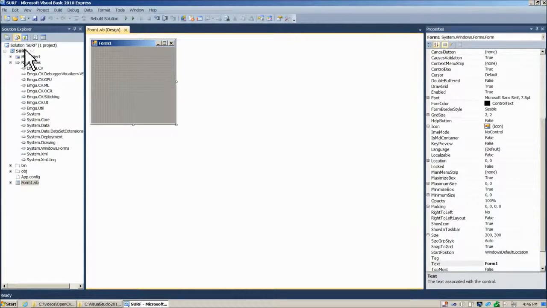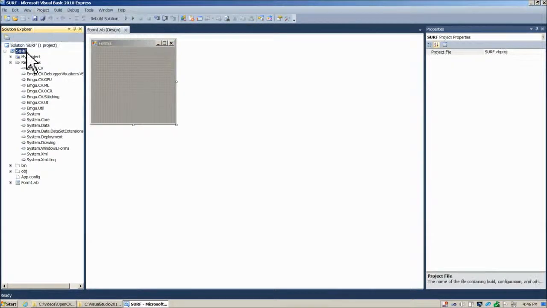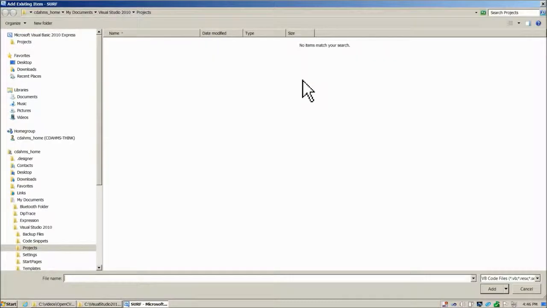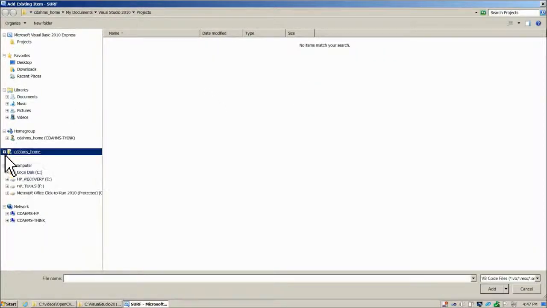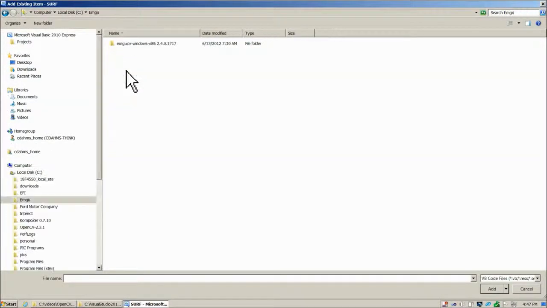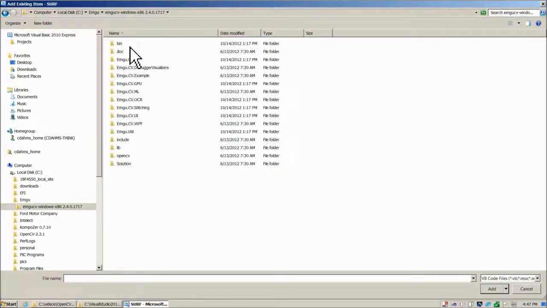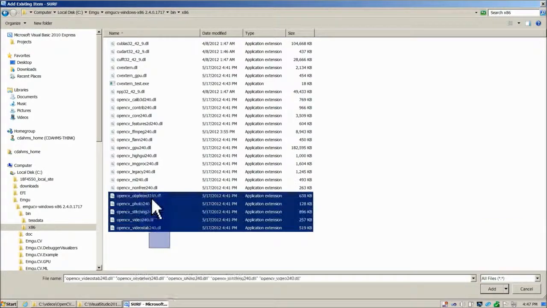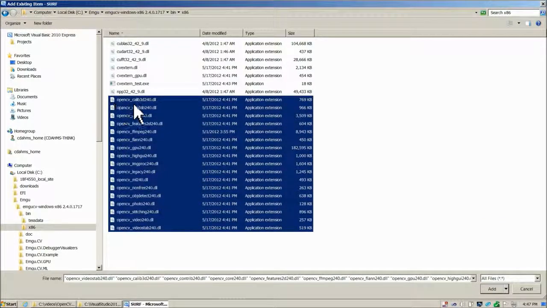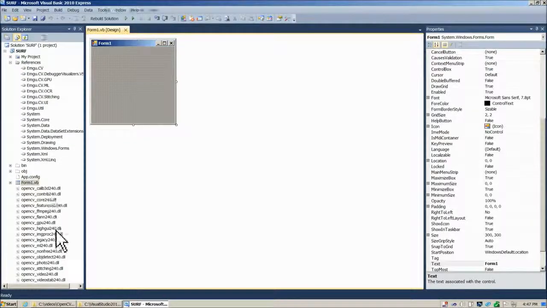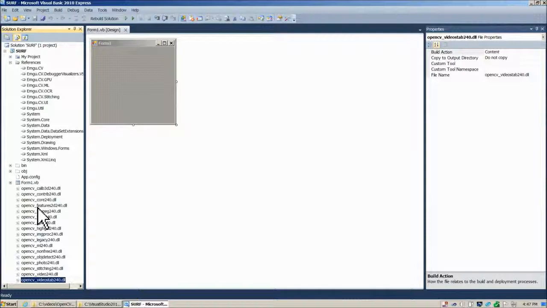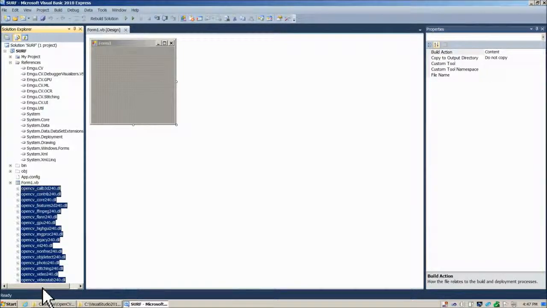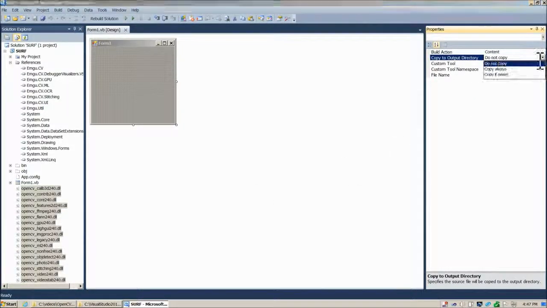So then next we're going to go back to our project here and add existing item, and we're going to navigate back to the Emgu install. So there we go, Emgu, Windows x86, bin, x86, and all files, and show all files rather, and then we're going to choose all the ones that start with OpenCV and end in DLL. There we go, and give Visual Basic just a moment to add those, and then of course we always want to highlight all these DLLs here. And then under copy to output directory, choose copy always,